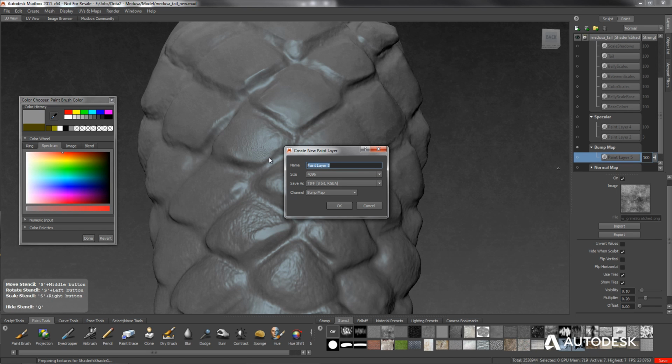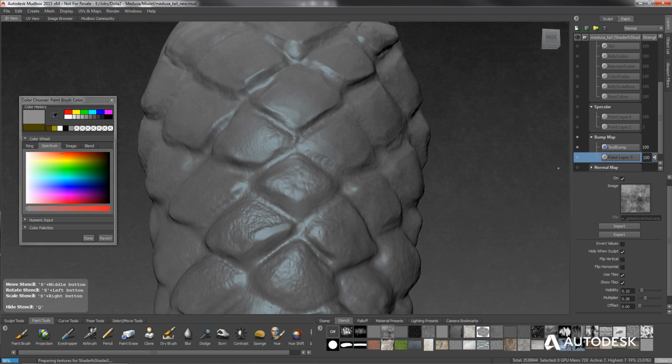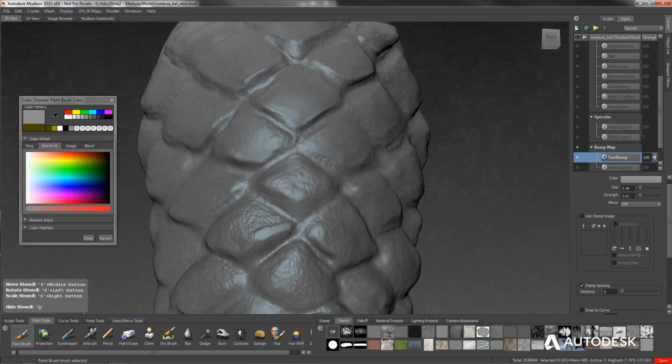So I'm going to call this test bump, and I'm going to give it a texture. I'm going to make sure it's in the bump map channel, okay? And I'm going to hit OK. So that'll create a new layer here. So there's my test bump, and in here what I want to do is just simply grab a paintbrush and